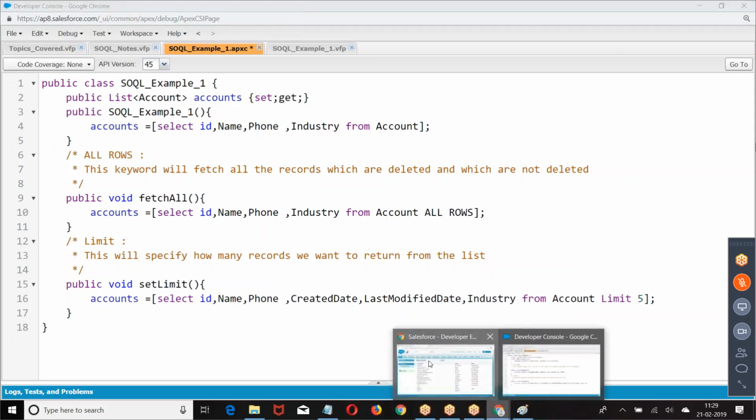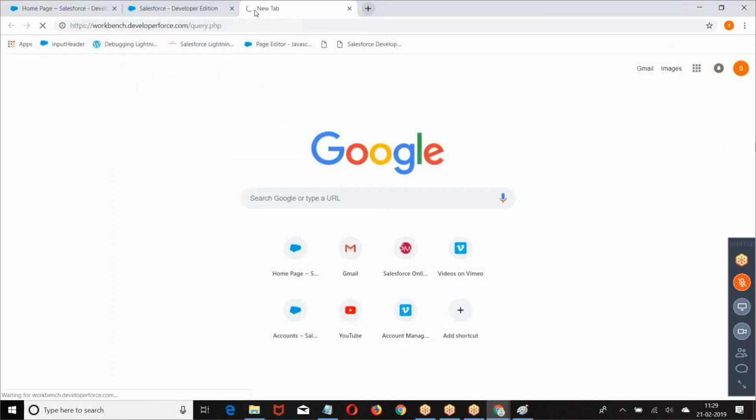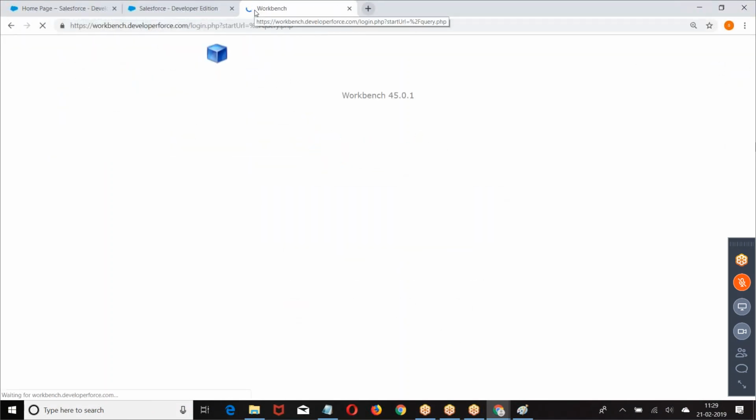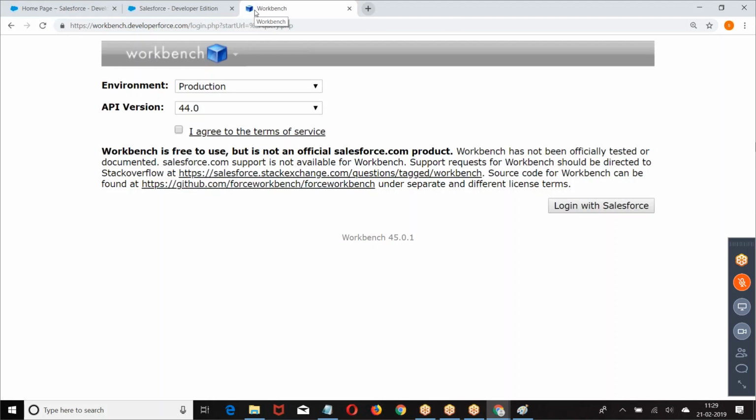Look at this. Here we have Workbench. It is a third party tool, not a Salesforce tool. Workbench is not a Salesforce tool.